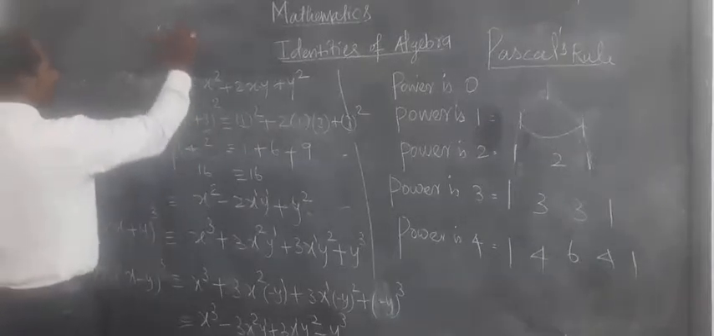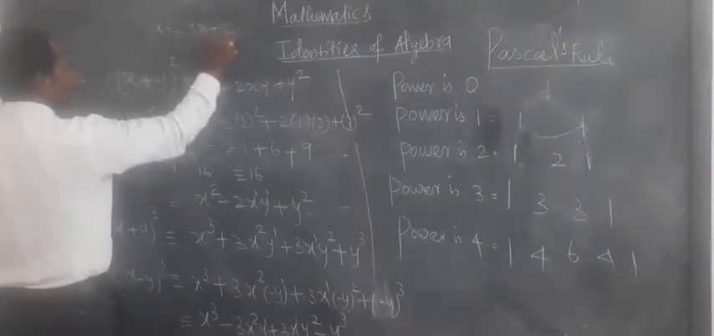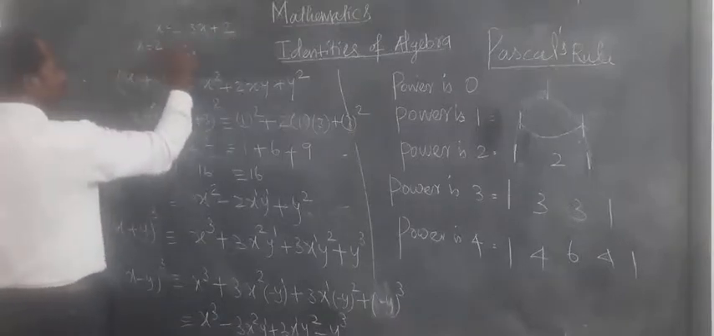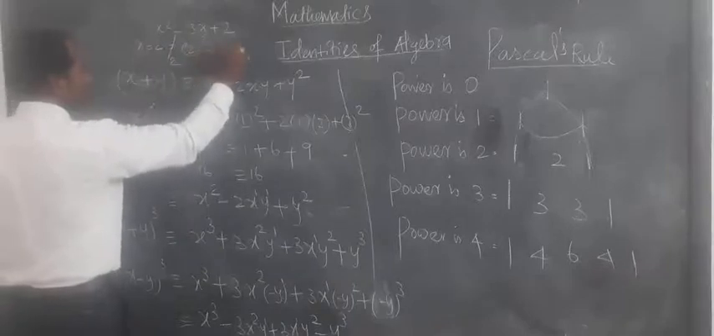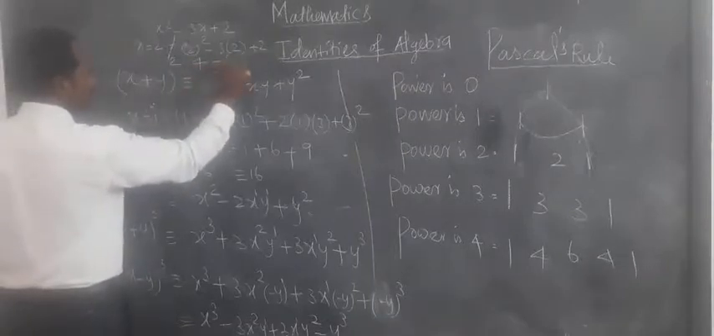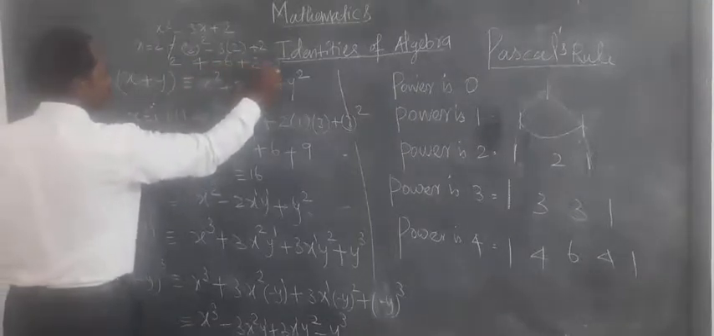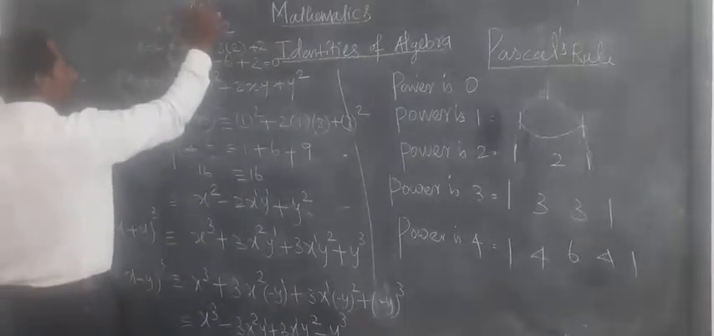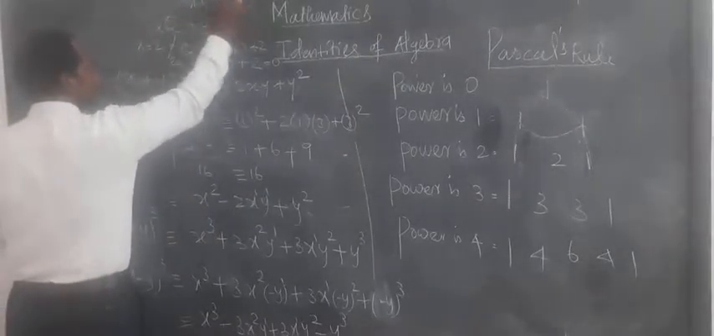x square minus 3x plus 2. Suppose if I substitute x equal to 2. So here 2 square 4 minus 3 into 2 plus 2. Here 4 minus 6 plus 2 equal to 0. So here it is a second order equation. X equal to 1, another x equal to 2. The two values